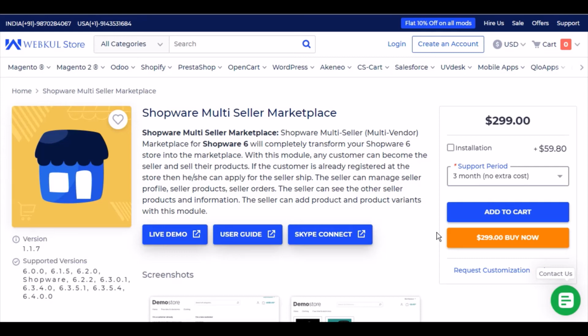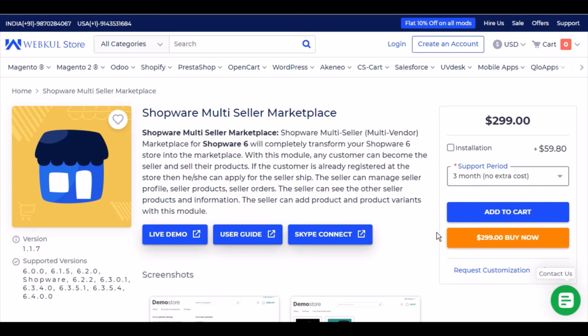The seller info on the product page will be there, and the seller can add their social network accounts like Facebook, Twitter, Insta or any other social media accounts which will be visible on their profile page. The public seller profile has all the information about the seller. Then the seller can manage the seller profile, seller products, seller orders, and advanced prices features for the seller products, like it used to happen for the admin.